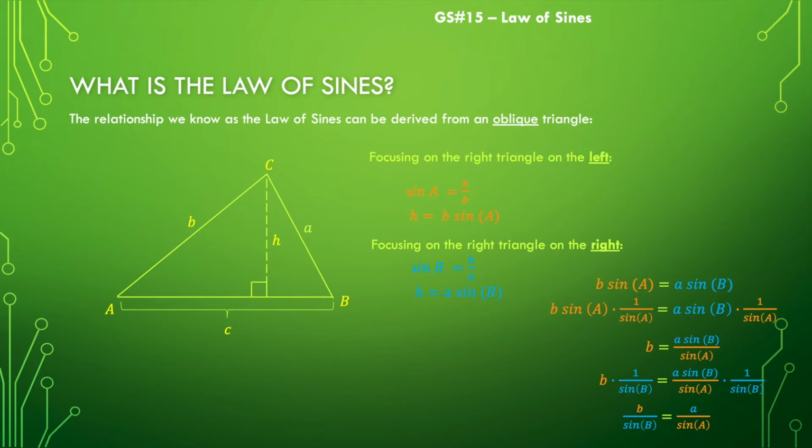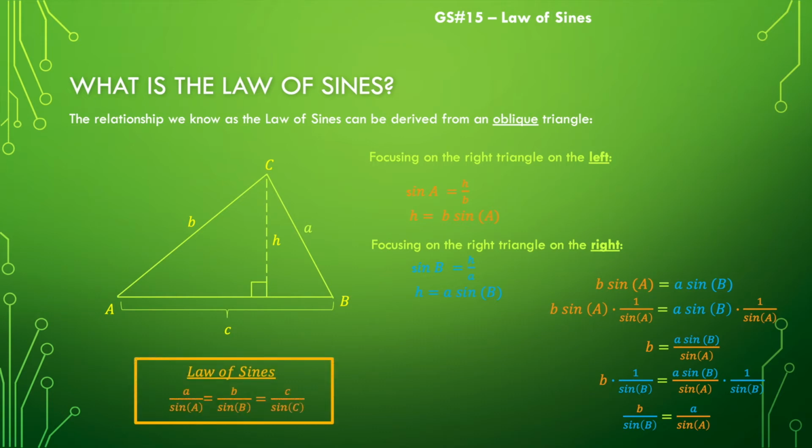And that leads us to what is known as the law of sines. The law of sines just says that those pairs are proportional. The length of side A over the sine of angle A is equal to the side length of B over the sine of angle B, which is also equal to the side length of C over the sine of angle C. So that allows us to do some things that we were not able to do prior to knowing this